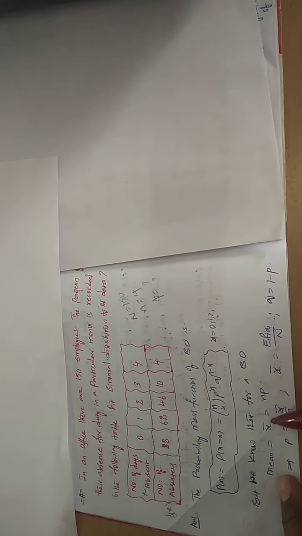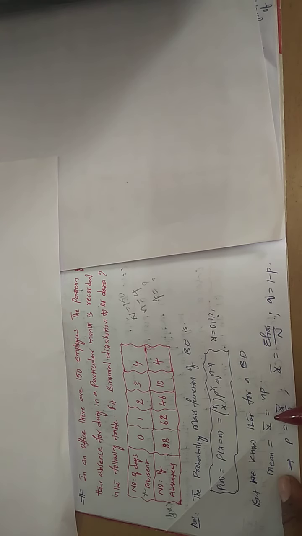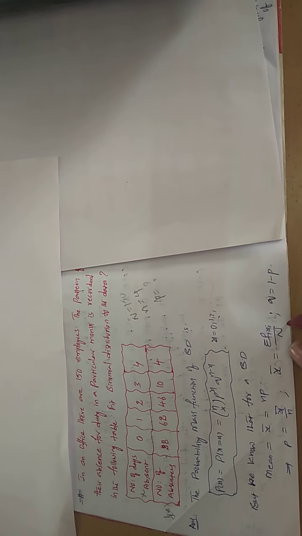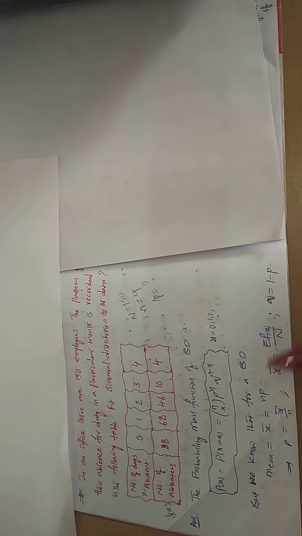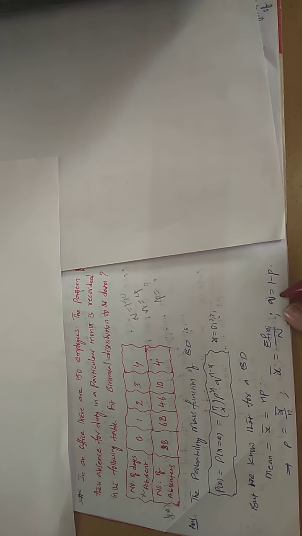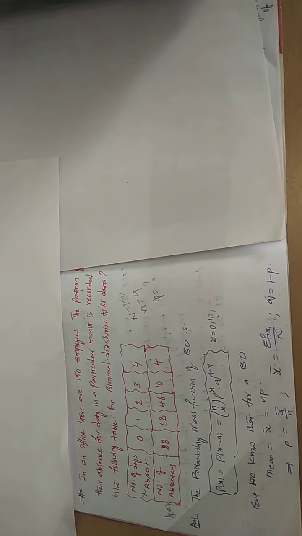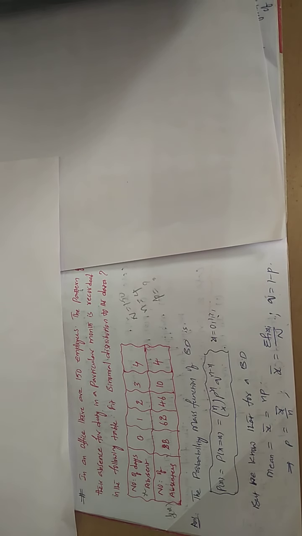According to the binomial distribution, mean is np. The standard notation for mean is x bar. Then how do you get p? x bar by n. But how do you get x bar? Sigma fi xi by capital N. This you know. After getting p, how do you get q? 1 minus p. So by that you come to know the q value, p value, as well as the n value. Then fitting of the distribution is going to be so easy. Now let us see how to calculate this mean.